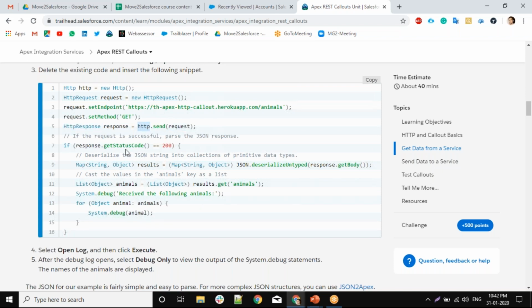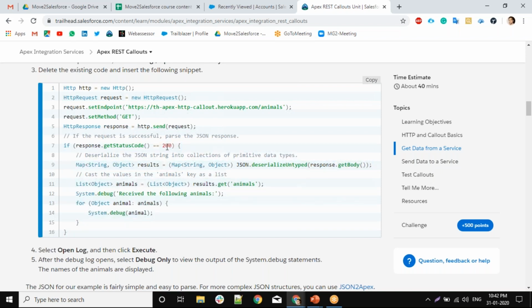That is the HTTP response, which will send that request to the HTTP server, and then it will get a response code. If there is any error, it will give you a 404 error. If the request is successfully fired, it will give you the 200 code. So you can check whether the status code is 200, and then perform other actions based on this successful integration.